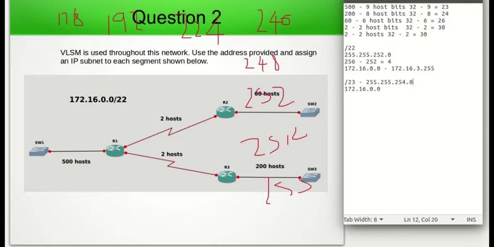That means that the increment's going to be 2. So we do 256 minus 254, which gives us 2. So increment's going to be 2. Now that we've done that, let's calculate the next subnet,